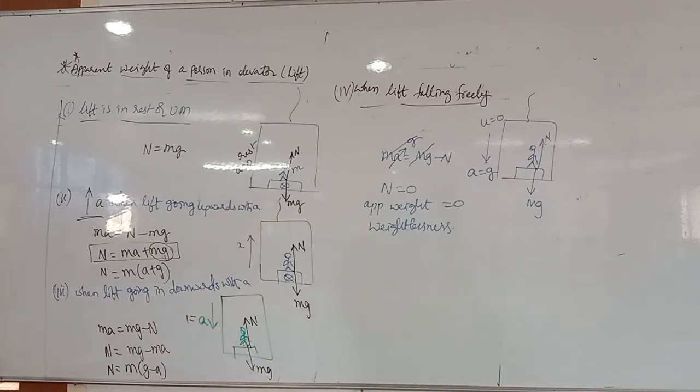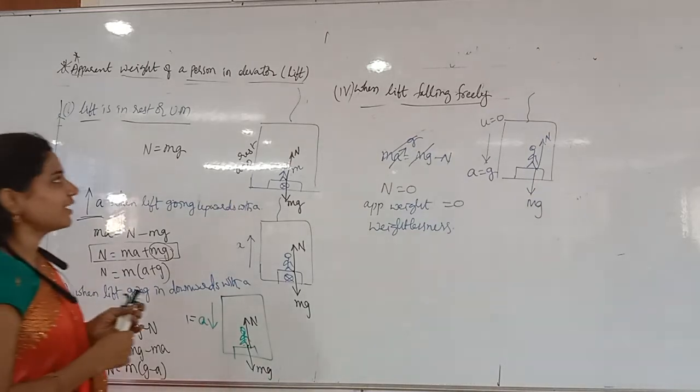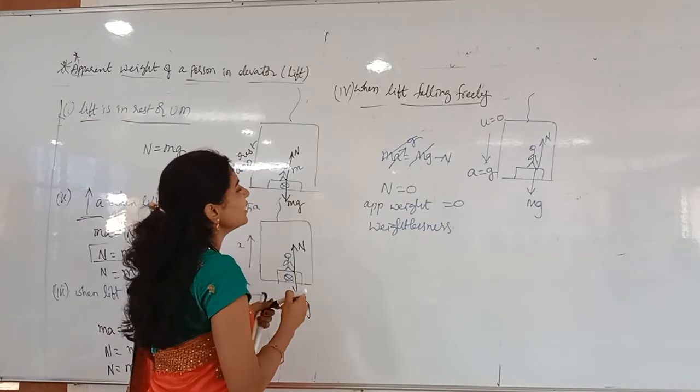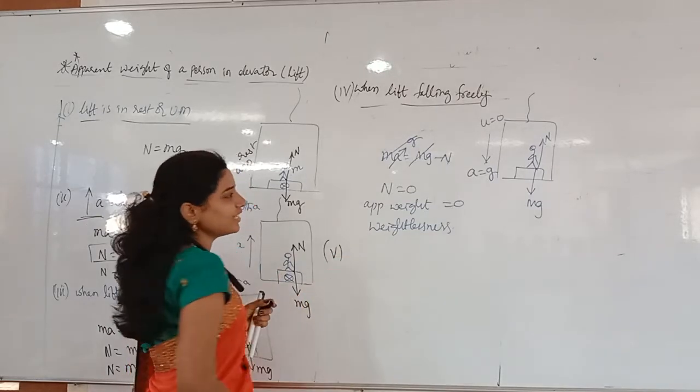You see, in that what happens? The lift will fall freely, no? At that time, hero and heroine will be stuck on and then they will be sitting happily. Actually that will not happen in reality. Why? Because Puri Jagannath doesn't do this physics. What happens is they will be in the air. It is not possible. Whenever the lift is falling freely, they cannot sit on the floor. They will be floating in the air. So that is not possible in the lift case. Anywhere it can happen, but in a lift they cannot do anything whenever it is falling freely. Do you understand this?